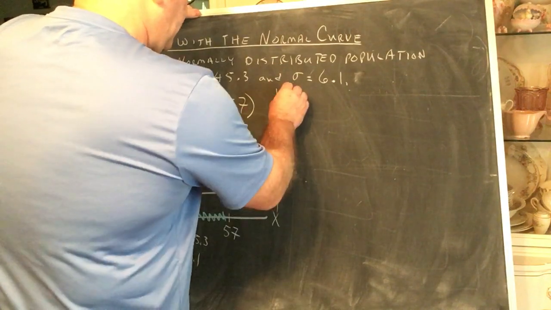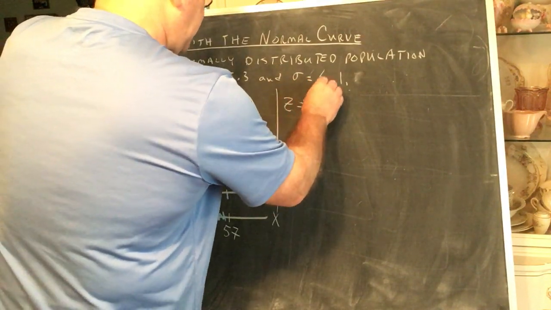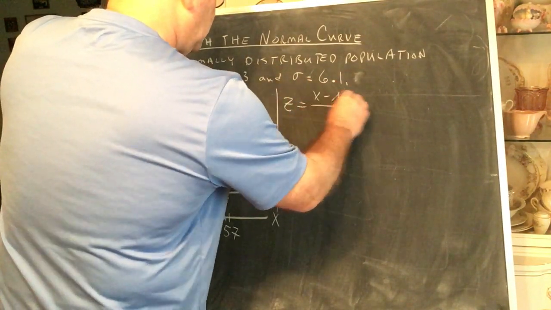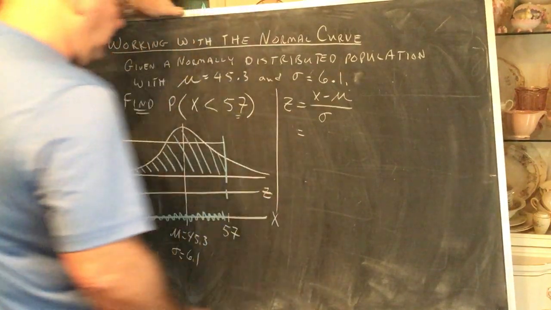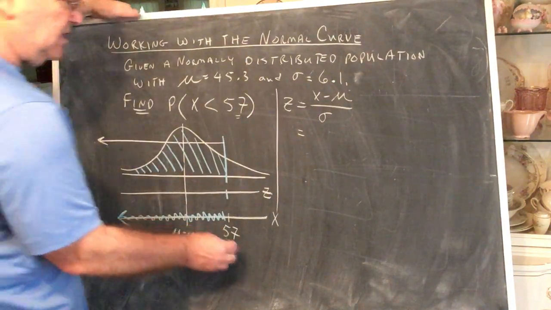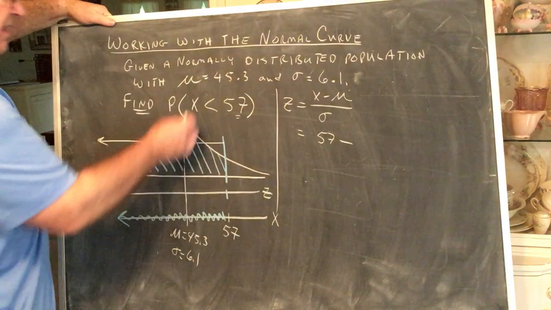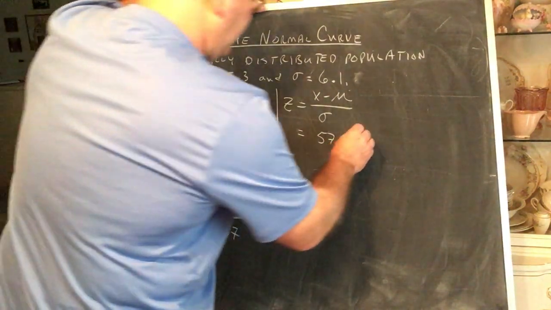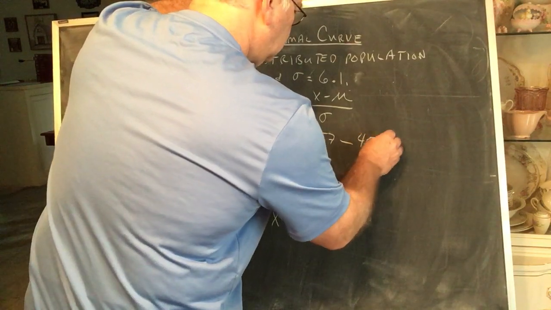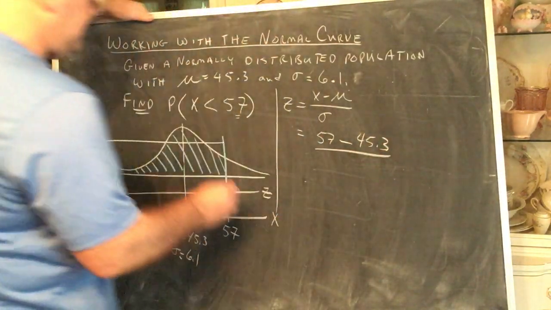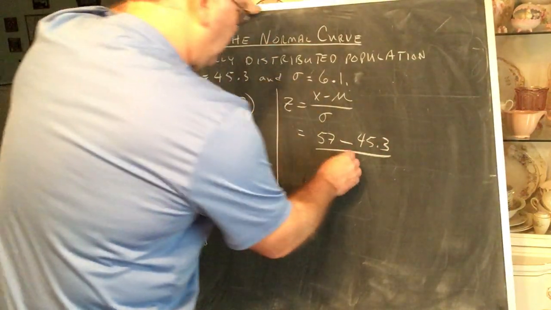We know that z is equal to x minus mu over sigma, where we know the x value in question is 57, minus mean, the population mean is 45.3, divided by the standard deviation we know to be 6.1,